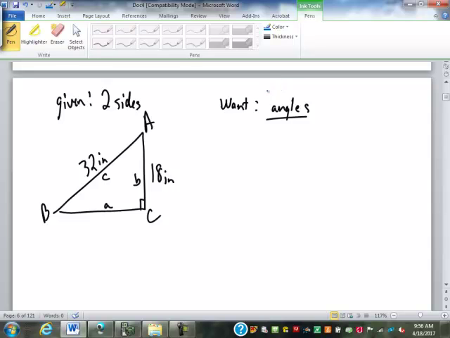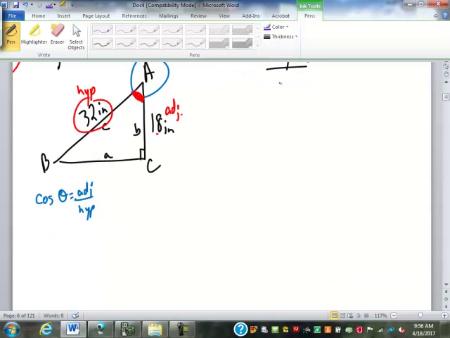Well, which angle do I want to find, B or A? A. So we're going to commit to finding angle A. So then we were given two sides. The 32 is which side? Hypotenuse. And the 18 is the adjacent. So what trig function deals with hypotenuse and adjacent? Cosine of an angle is adjacent over hypotenuse. So cosine, we don't know the angle, it's angle A, is equal to the adjacent of 18 over the hypotenuse